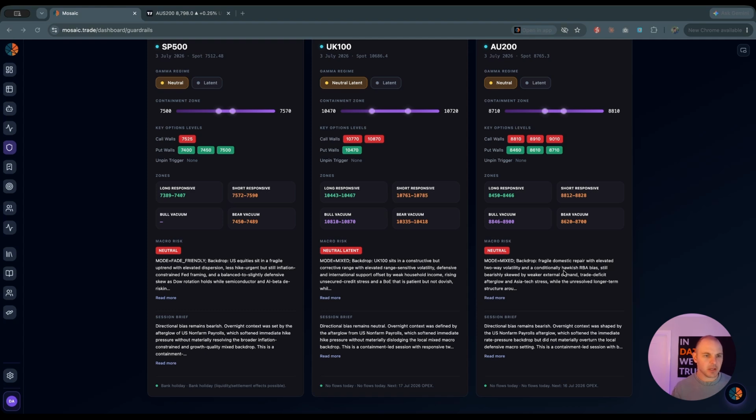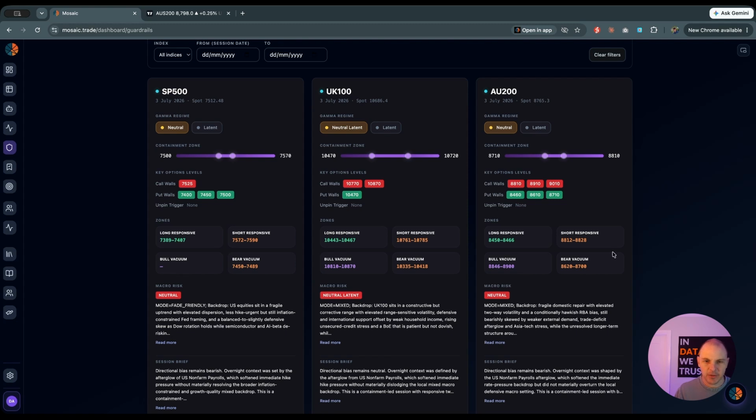Again, the purpose of this isn't to tell you what trade to take. It's just, as with everything on Mosaic, to understand the environment that you're trading in. So, a very simple example here, and as I keep repeating, these are just additional context for you to help your trades. If we look at this, which is obviously for Friday, at some of these levels in terms of the short, we obviously had that big rally Friday, short responsive zone,